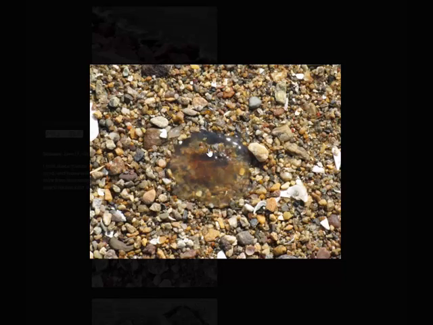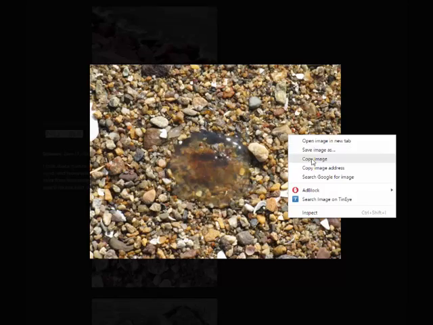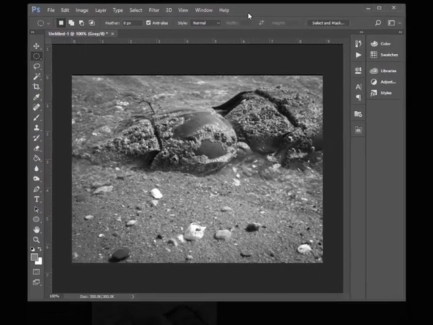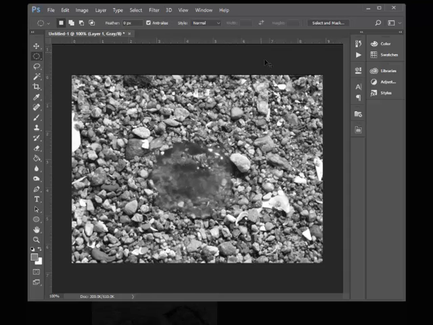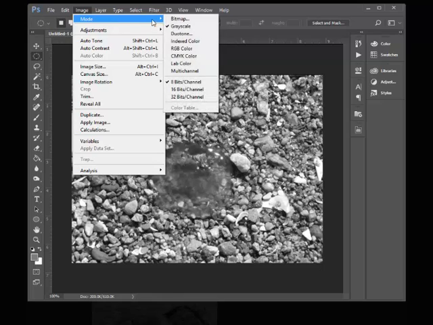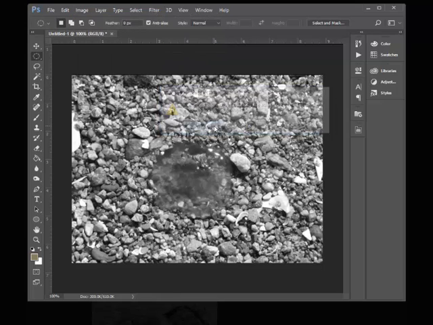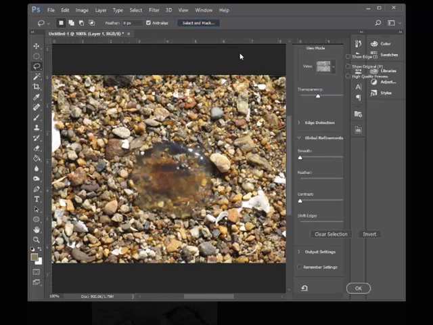Kind of same idea. What about this one here? How can we improve this jellyfish? Copy image. It's also a small image. I'm going to paste it right over this, and doing that, it makes it black and white because the mode is grayscale right now. So if I turn it back into RGB here and paste it again, then I get back to my color. So what if I took a selection, take the lasso tool and select this, feather it out,